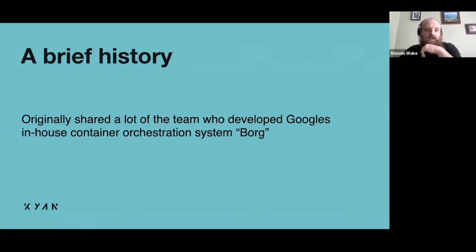Kubernetes actually shares a lot of the same team that developed Google's in-house container orchestration system called Borg. It allowed them to manage literally millions of containers, which is really powerful. But it was never available commercially, it was always in-house.